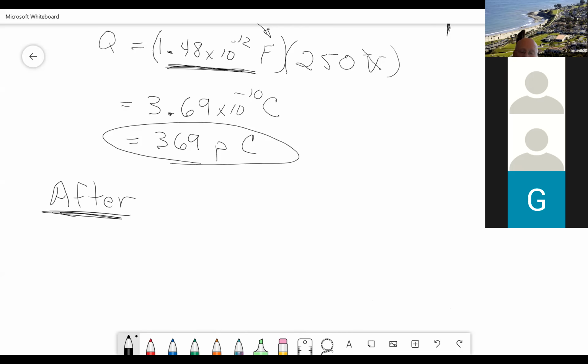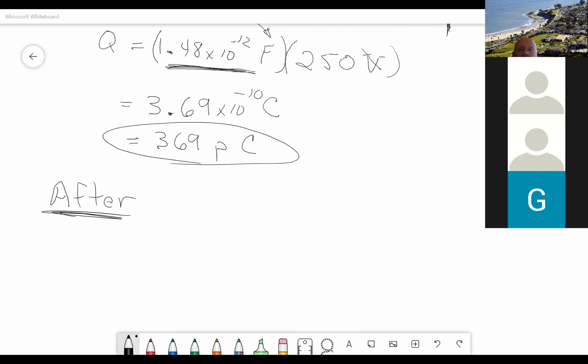But you know what? I'm going to go back and just read it again. A parallel plate capacitor in air has a separation of 1.5 centimeters and a plate area. The plates, that must be R. The plates are charged to a potential difference of 250 volts, and there it is, disconnected